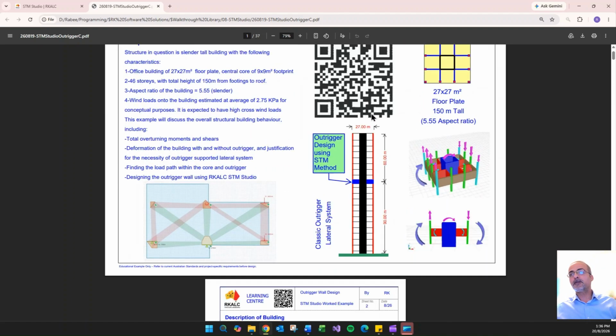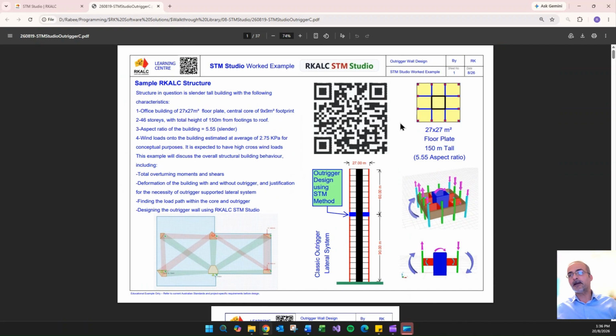So we have a tall building, slender building that is 27 by 27 office floor, 45 stories, where you've got the aspect ratio of this building at 5.5. The wind load on this building probably will be governing the design. I will explain this later, but in the beginning of the model, we'll be talking about the overturning moments, the gravity system, the lateral system, and deformations, and we'll justify why an outrigger wall is required for a building of